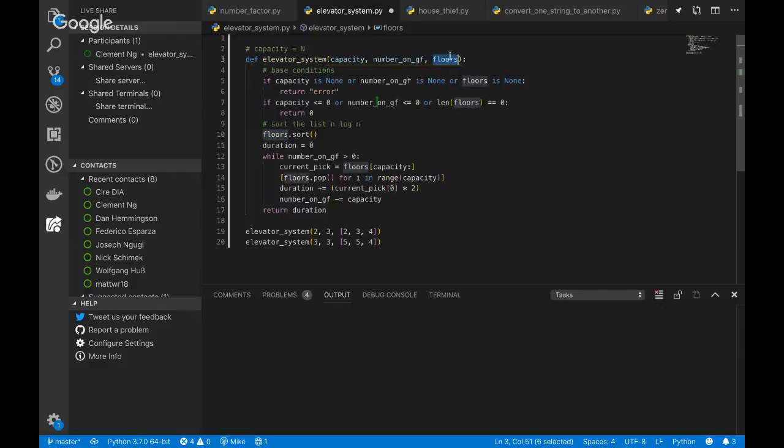Then we'll sort the floors just to get them in the right order. Yeah, the right order for easy picking. And then we have this duration here, and then we loop on the number on the ground floor while decreasing it. For this example, since the number on the ground floor is 3, it will first pick 3 and 4,